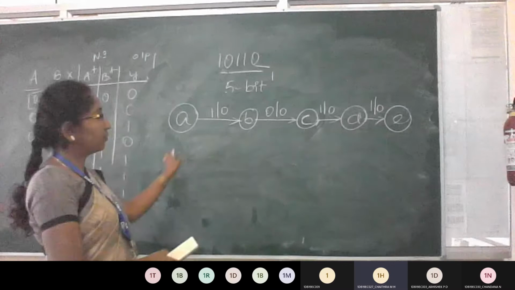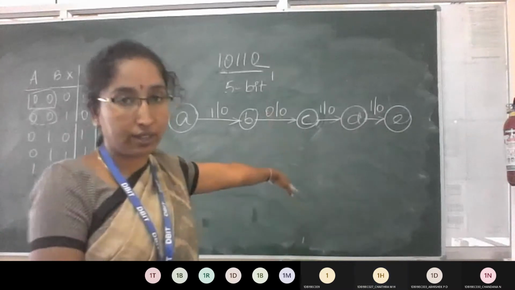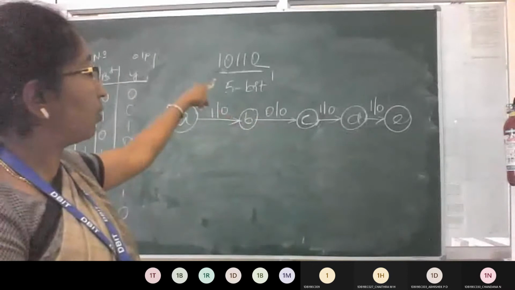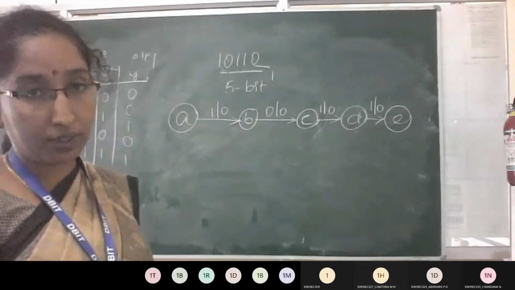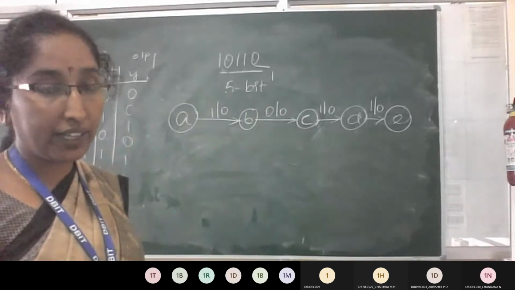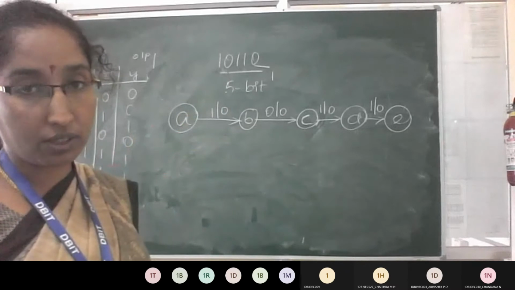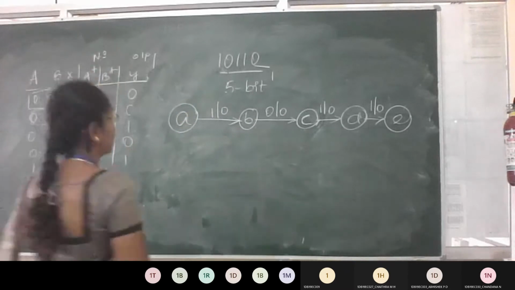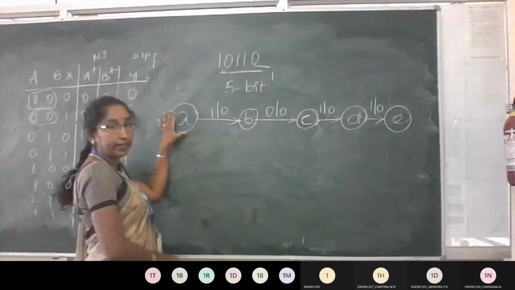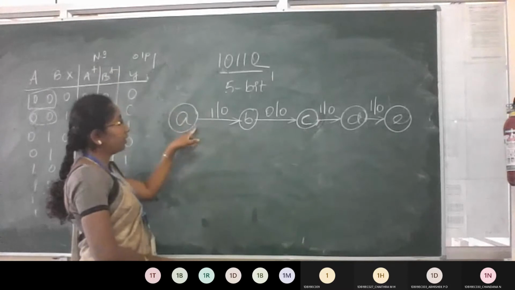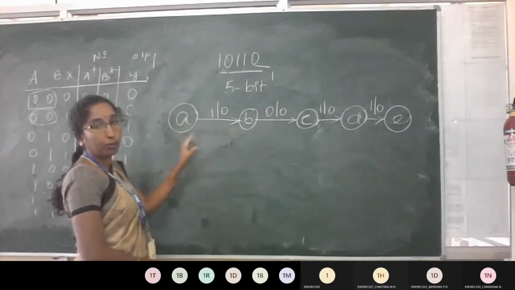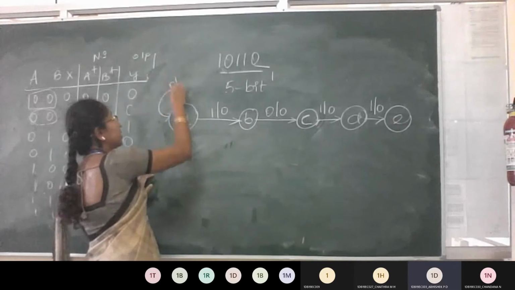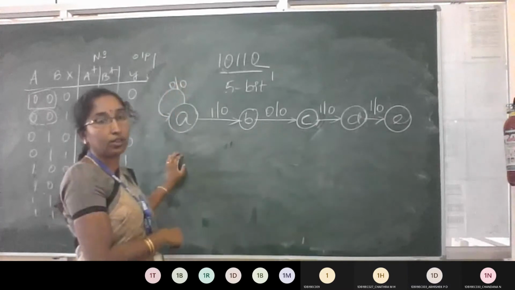So now this was written according to the states. Output is 0 still, because the fifth bit is left. Now each state should take 2 transitions, that is when x is 0 and x is 1. Just come back to the first state. This is the initial state or reset state. When x is 1, you move to B. What about x is 0? Then you stay in the initial state itself. Output is 0.